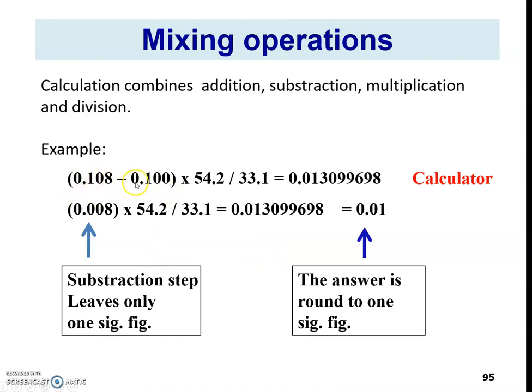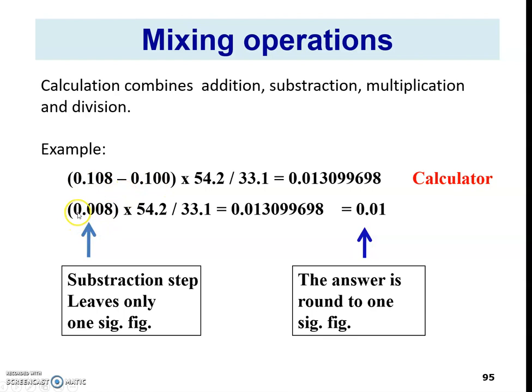0.108 minus 0.100 times 54.2 divided by 33.1. This is the answer that is given by the calculator. However, if you look at the value in this bracket, if you solve this question,